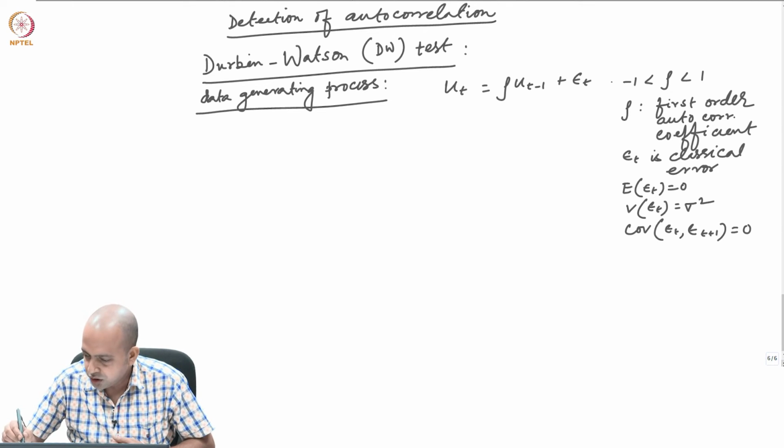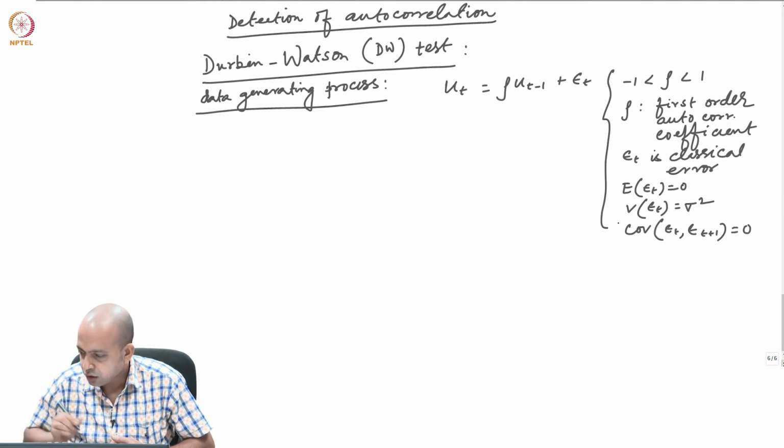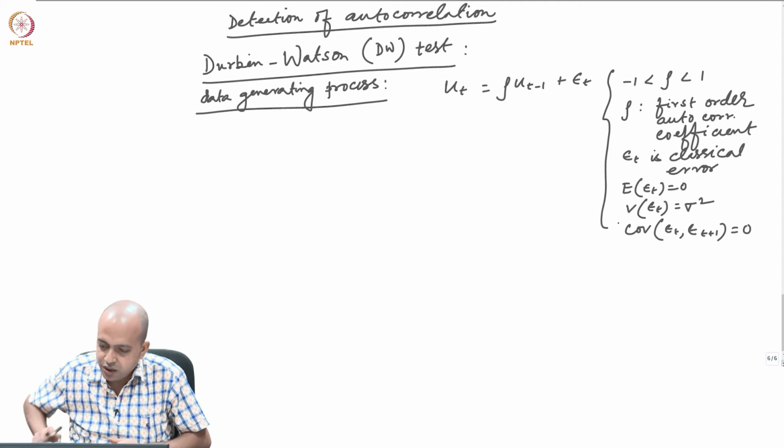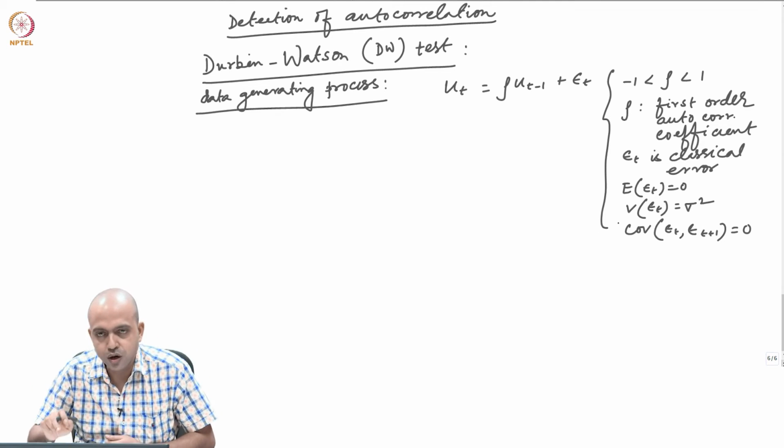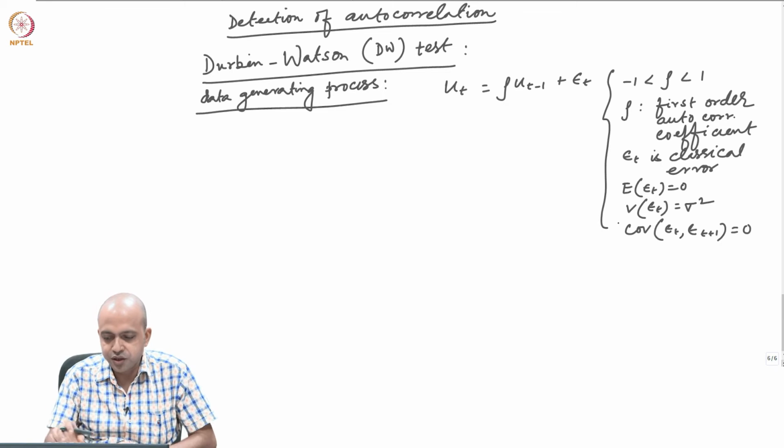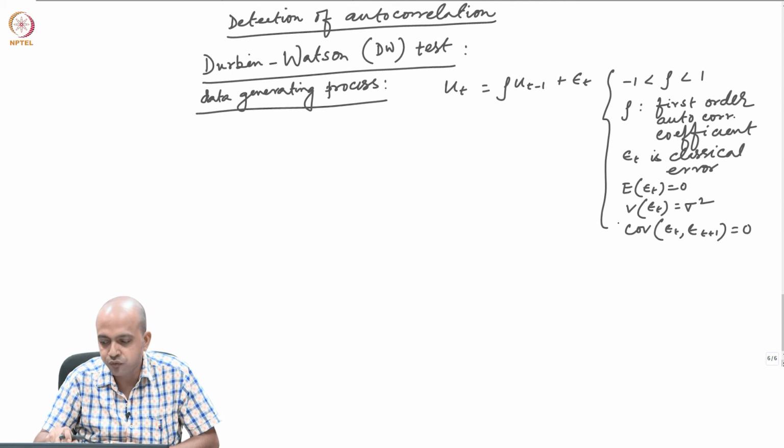Okay. So, this is the notation and assumption that we said, and when the data generating process shows the error term follows this particular path,